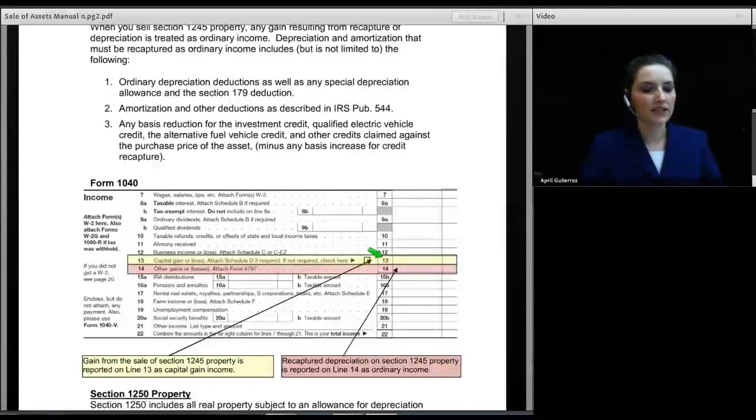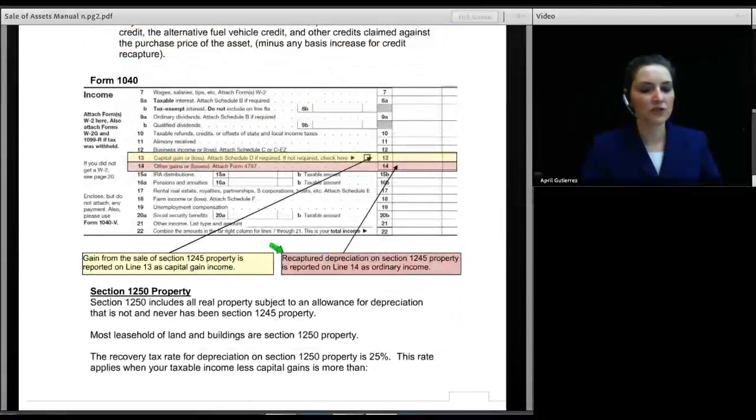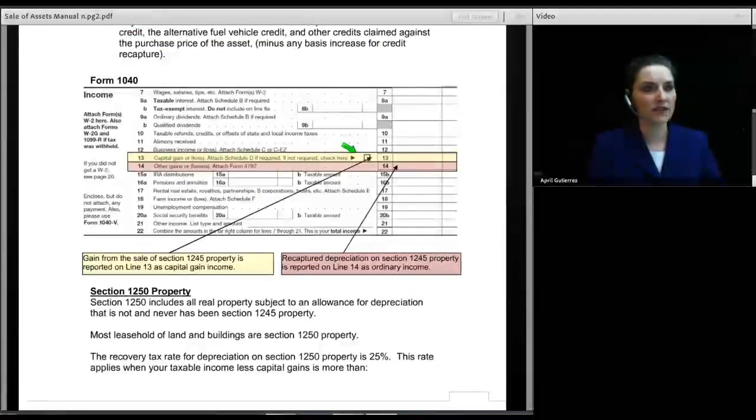But if you sell a Section 1245 asset at a profit, the profit goes on line 13, to the extent that the profit exceeds the recapture of depreciation. All right, let's compare that to Section 1250 property, because you can see on the Section 1231 illustration and on the Section 1245 illustration, I've got the yellow bar and the pink bar both highlighted,